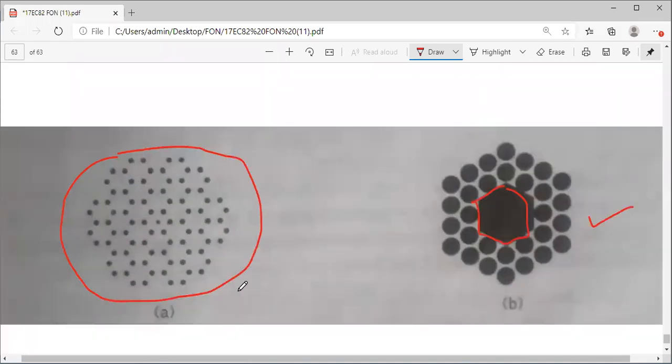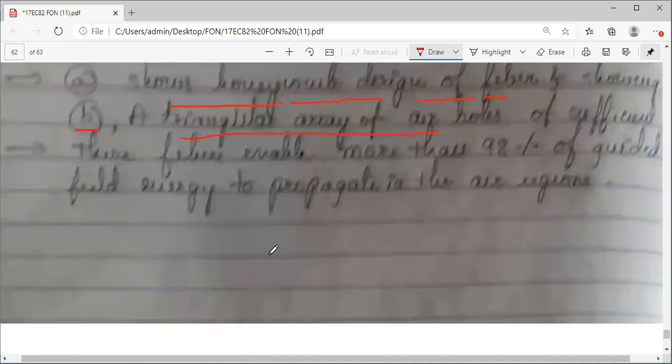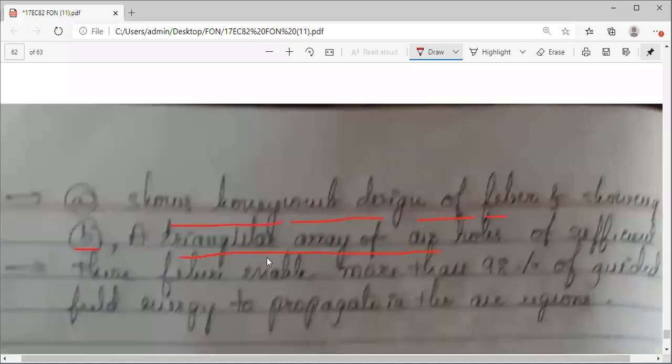This is your honeycomb design and triangular array. Fine. So this is about your photonic crystal fibers, two types.